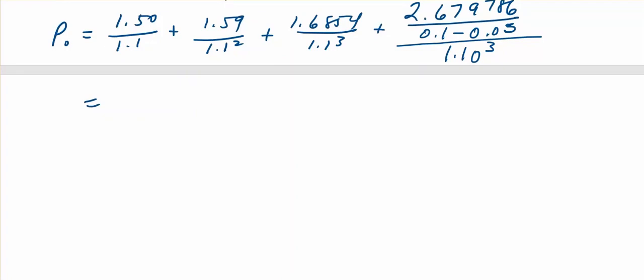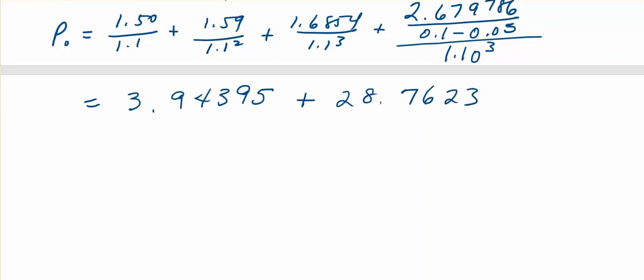To calculate the present value of the first 3 dividends first, I get 3.94395 using my cash flow registry. And let's get the present value of the terminal value. So we have the 2.68 divided by 0.07, and then discount that back by 3 periods at 10%, which is $28.76